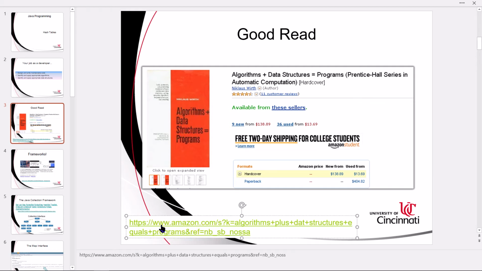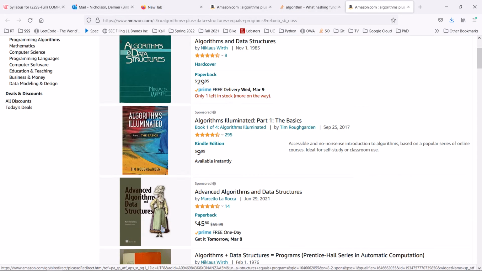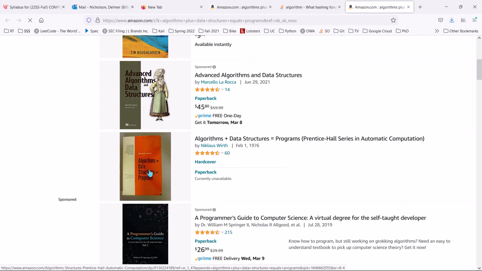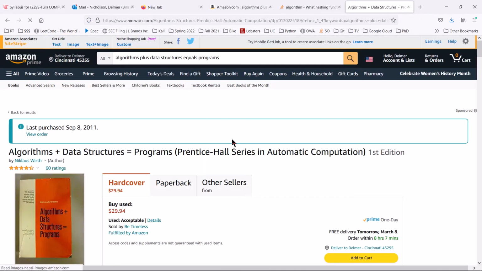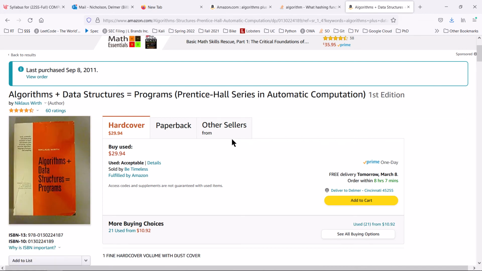Just checking the book today, I see that it is $29.94. That's a good deal. Hardcover version, definitely used. They're not in print, I don't think. I purchased mine over 10 years ago. It's great.